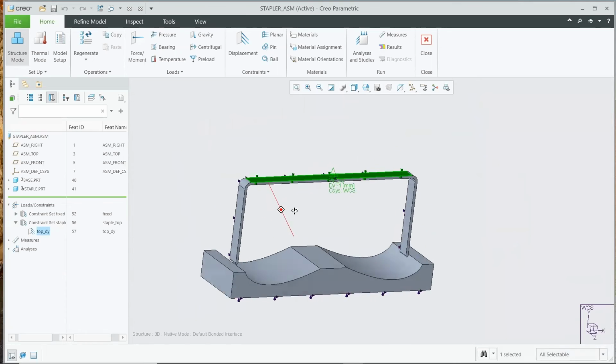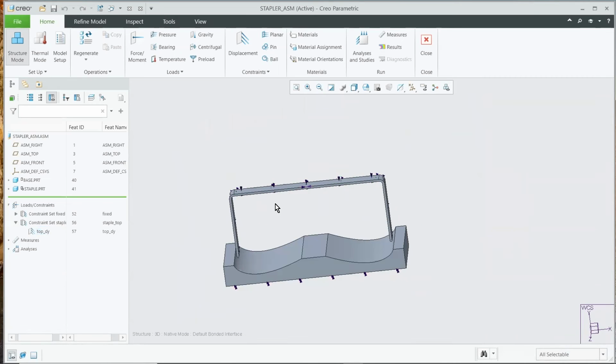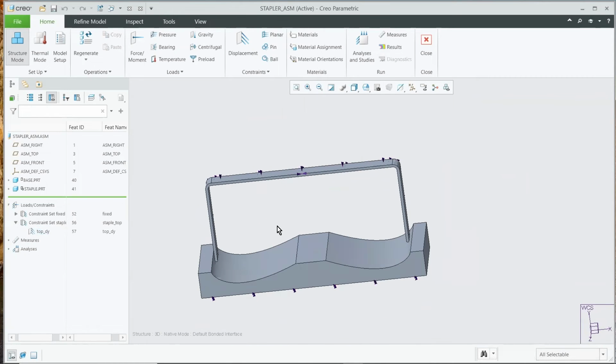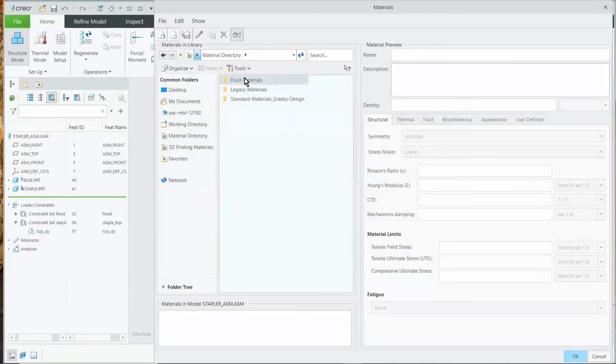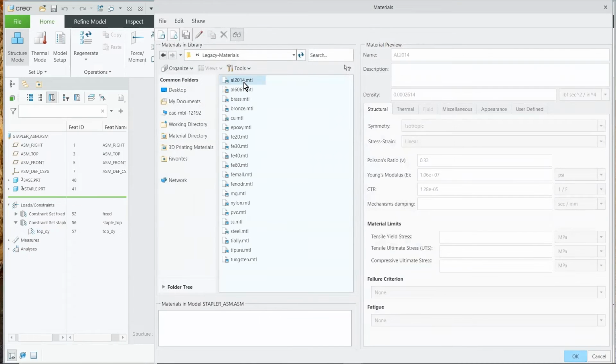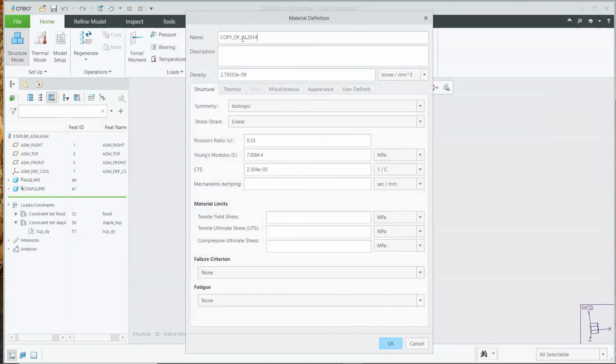So we've got at least things set up from a constraint standpoint, but we don't have any materials in here yet. So I'm going to go in and assign a material, and we'll just use regular aluminum. So I have that to apply. I'm going to take this and copy it. So now we have another version of this. And this one, let's delete this